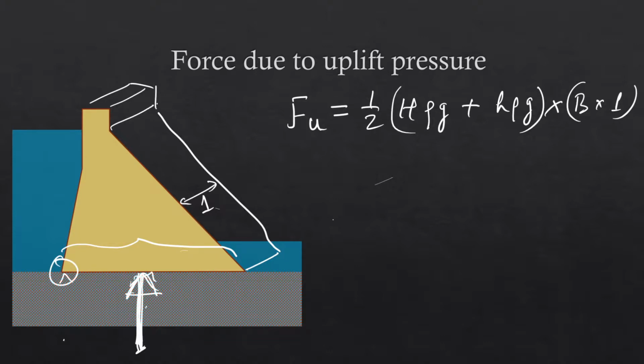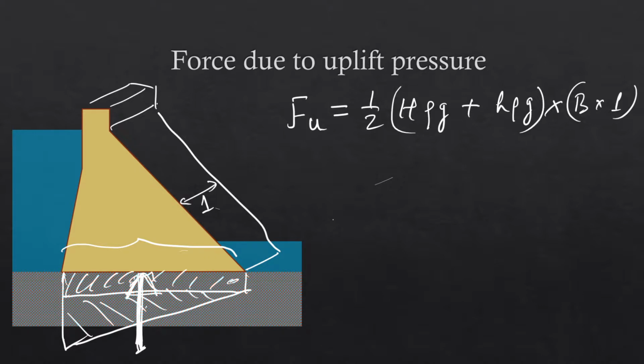So for that, we'll have to again divide this uplift pressure diagram into two simple parts, one rectangular and the other one triangular. It is similar to what we have done with the self weight, because in the self weight we have divided this complex shape into three different simple shapes. Similarly, this upward force also we can divide it into this horizontal portion, this rectangular portion and this triangular portion, and from that we'll be